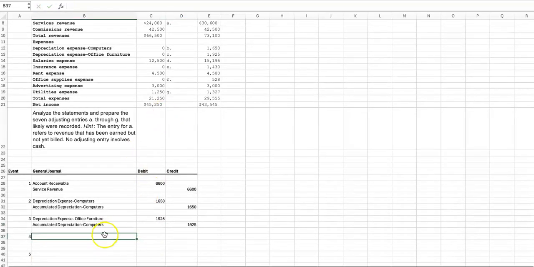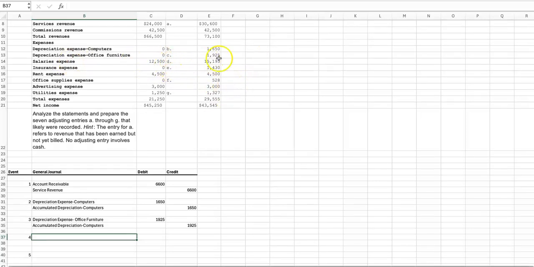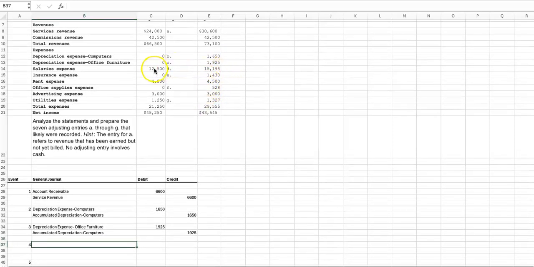So for 4, that is going to be the salaries expense. This one was a little bit confusing, but after doing a little bit more research, I have a better understanding of it. We see originally it had 12,500, and now it's adjusted to 15,195. Like I said before, you subtract the unadjusted amount from the adjusted, and what you're going to get is